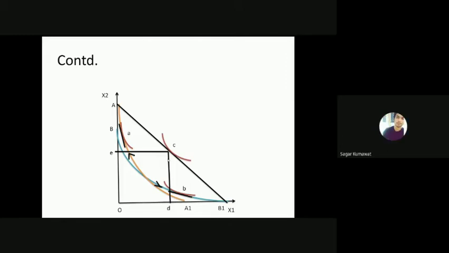Ma'am, our A point and B point are the autarky positions of the respective countries. See, small a and small b is the autarky position. Okay, ma'am. And this capital A and capital B1, these are showing, sorry, this A on the same path, and this is A1 here. So this is one extreme for country A, and this is another extreme for country A. Similarly, this is one extreme for country B, and B1 is another extreme for country B. So B is choosing this B1, and A is choosing this A, for their production possibility point.